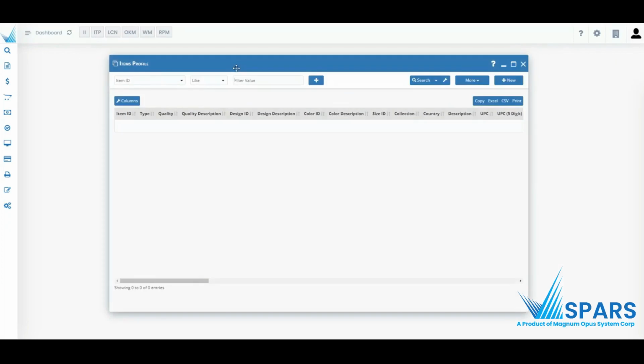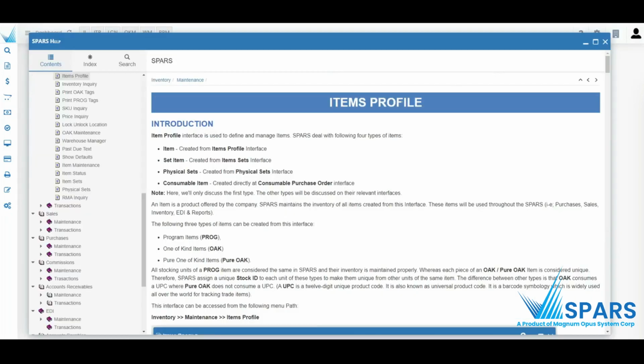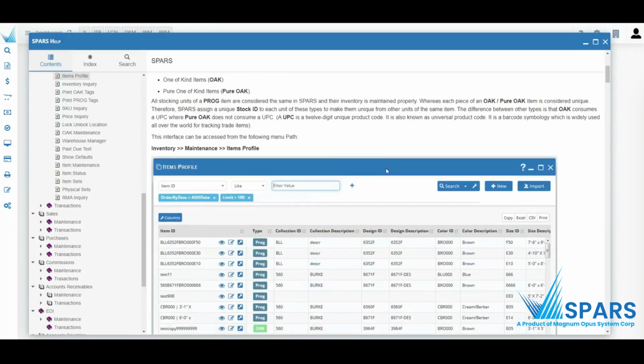Normally every window has this. This is the title of the interface, and then these are the normal window icons. This is the special one. If you click it, it will right away take you to the help of items profile. So all the manual, or help you can say,